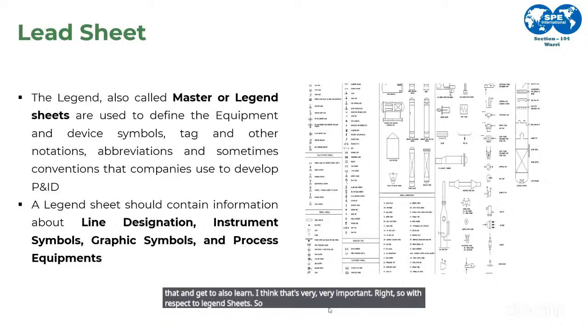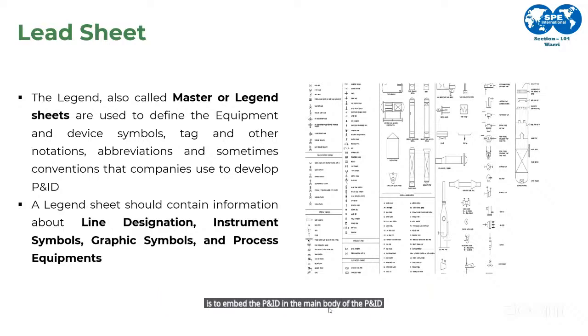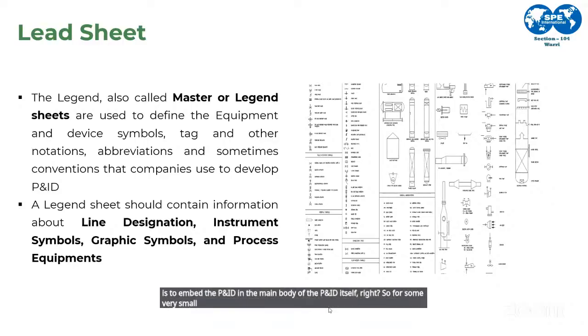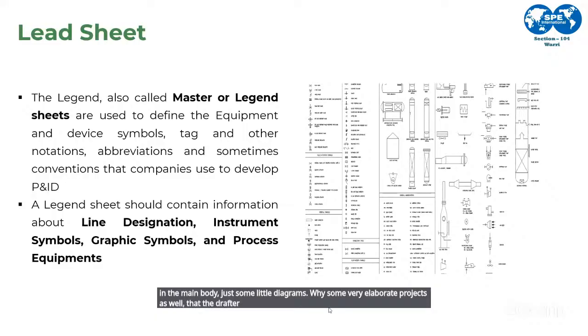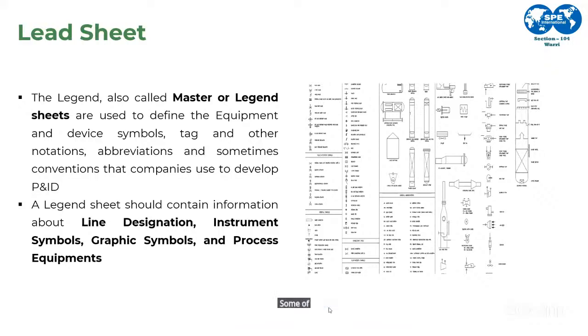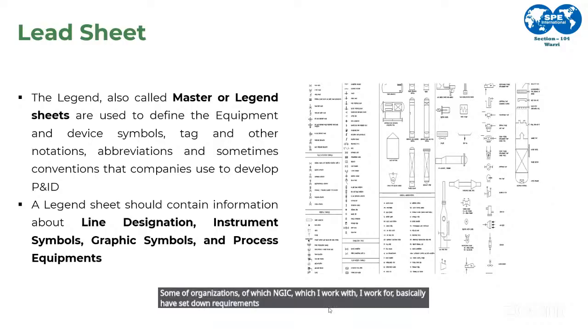For some P&IDs, what the drafters do is embed the legend in the main body of the P&ID itself, right? So for very small projects, where I'm just doing a modification sometimes, or I just want to connect a tie-in point, it is embedded in the main body, just some little diagrams. While for some very elaborate projects, where the drafter is concerned about quality, and the clients that have given that project to an EPC contractor to develop those deliverables, some organizations, of which NGIC, which I work for, have set down requirements or guidelines that they give to drafters of our P&ID and say, this and this are what we're expecting to see